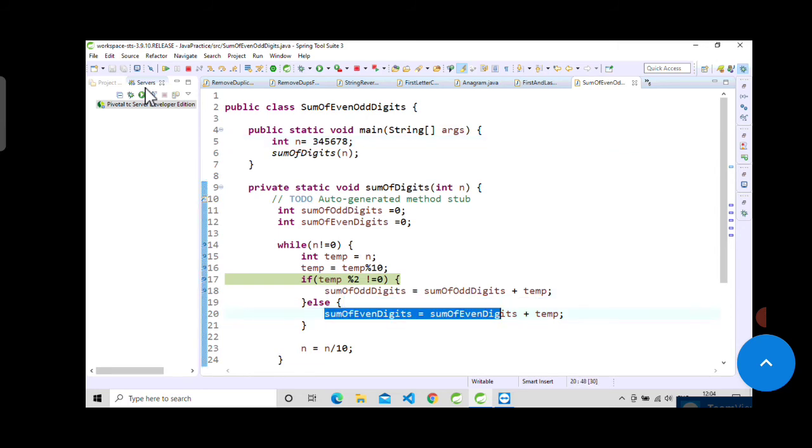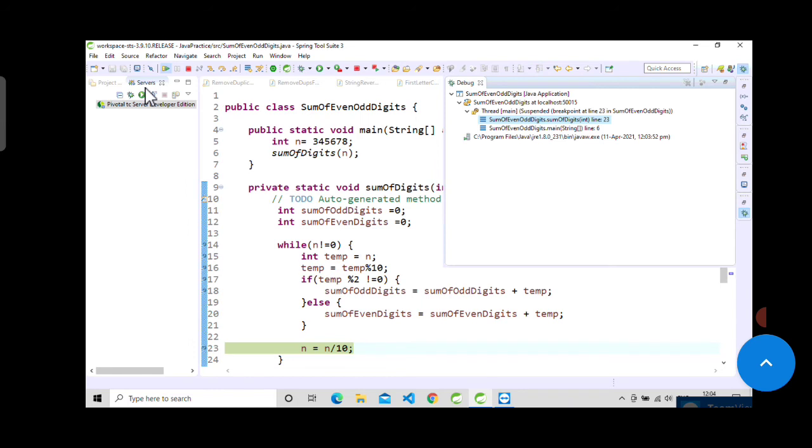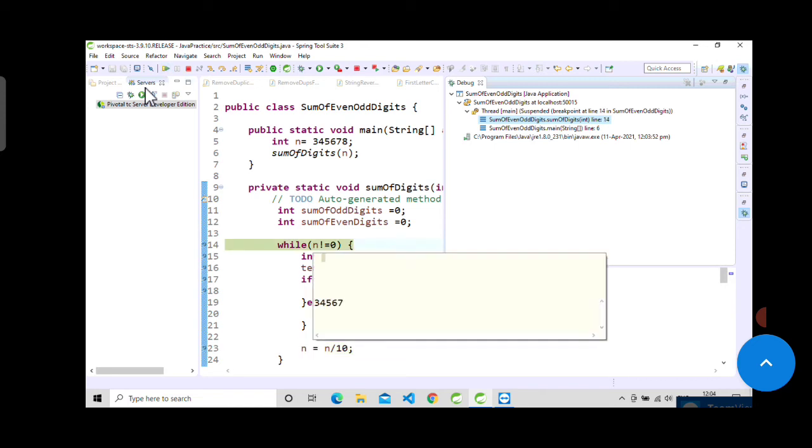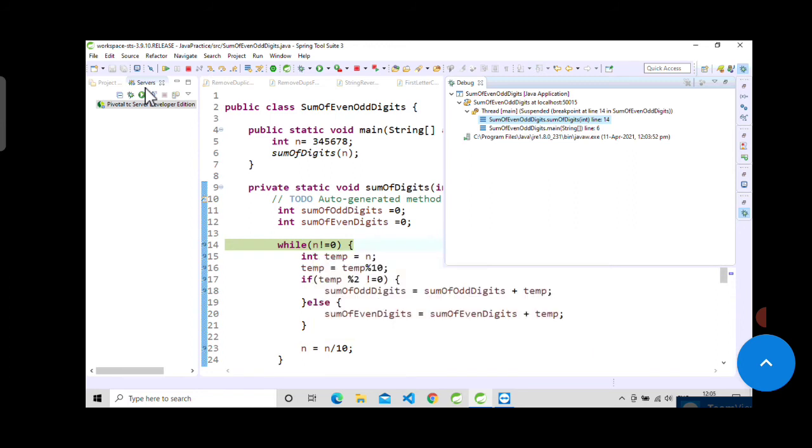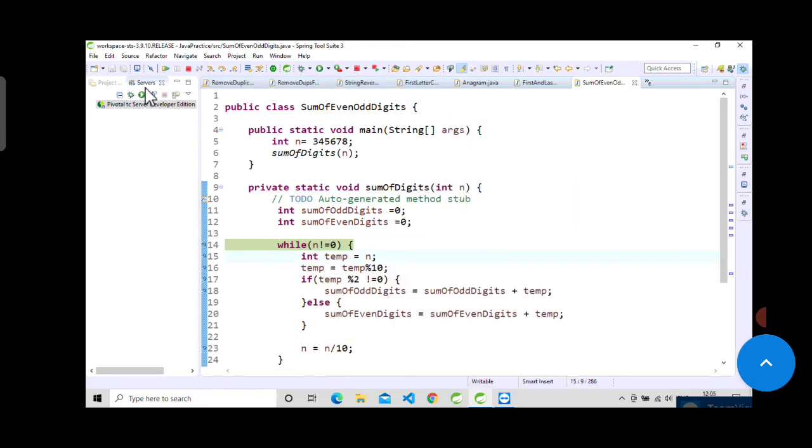Now I will create a debug point here also. We divide the whole number by 10 before it goes into the while loop again. So now the n value will be 3 4 5 6 7. Let's see, yes, 3 4 5 6 7. Now it will keep repeating this cycle.